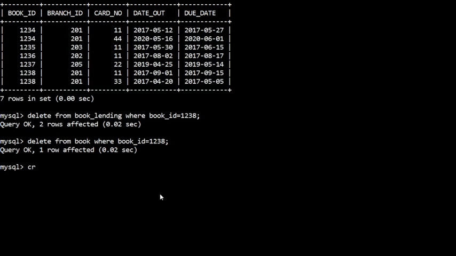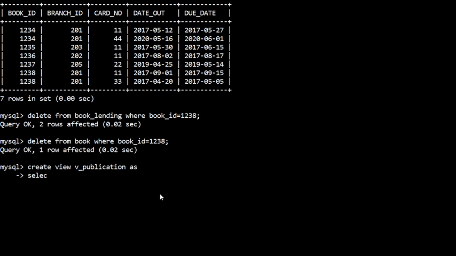So for creating a view, we'll write create view. This is the syntax, and give some name to this view. So I'll write v underscore publication. What is the definition of this view?